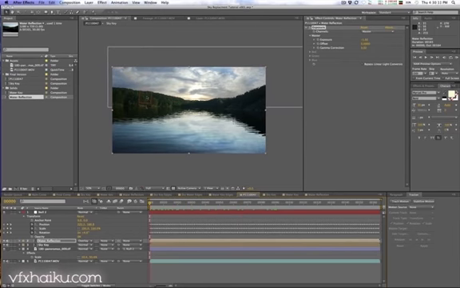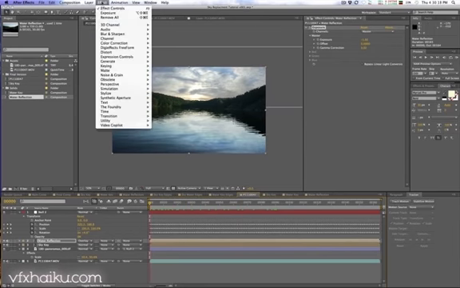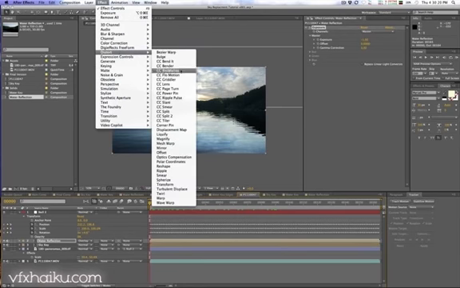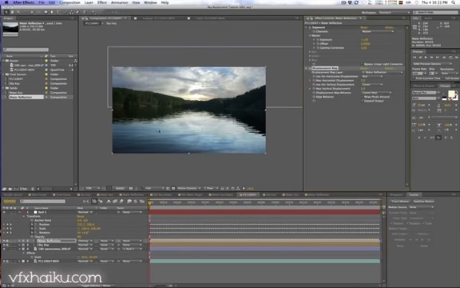It still needs some displacement, so let's do that. So we'll grab that under the distort displacement map. And what we're going to do is we're going to take the displacement layer map and we're going to choose the original footage, which is the bottom layer here. And you can automatically see as soon as we do that, our water starts to get displaced, or our sky rather starts to get displaced. So what I'll do is I'll set these both to the red channel, and we'll just take the vertical displacement